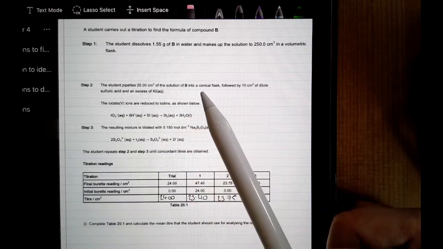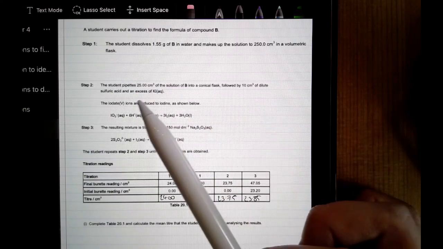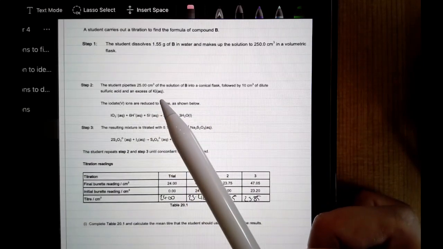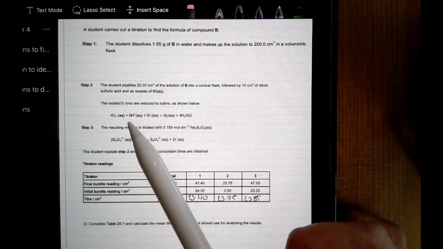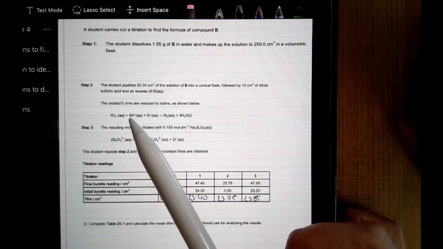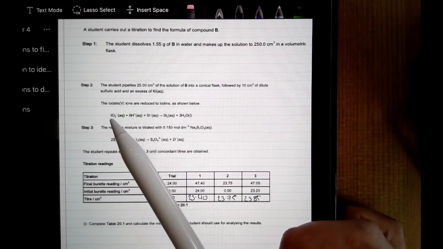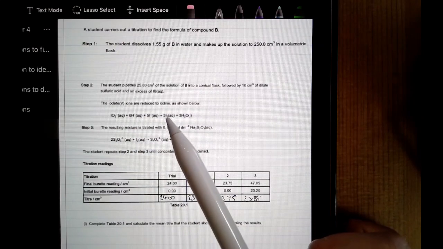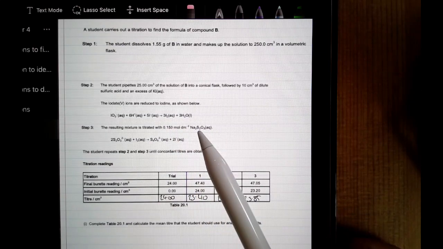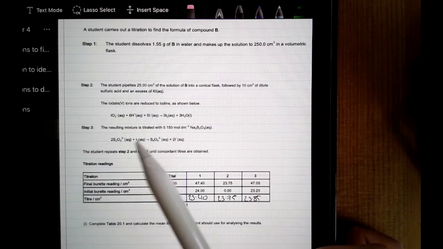So you're using the solution in your titration, followed by 10 centimetres cubed of sulfuric acid and an excess of KI, and then the iodate ions are reduced. So by adding the acid and by adding the potassium iodide, they react with the iodate ions and they reduce them to I2. And then the resulting mixture is then what is titrated against sodium thiosulfate. And you can see here from the equation that it's specifically the iodine that is going to react with the